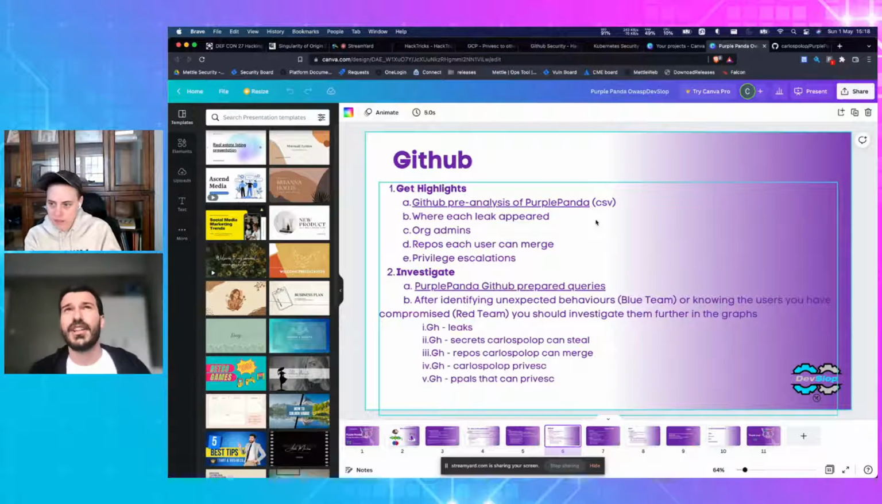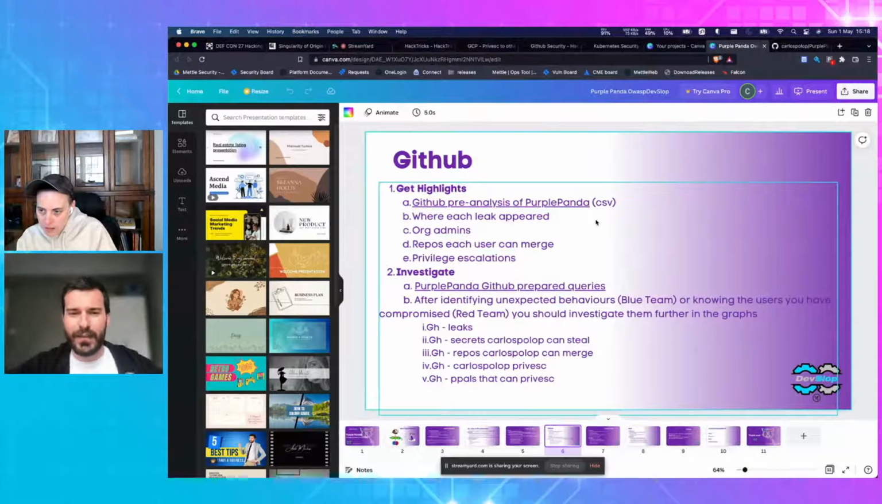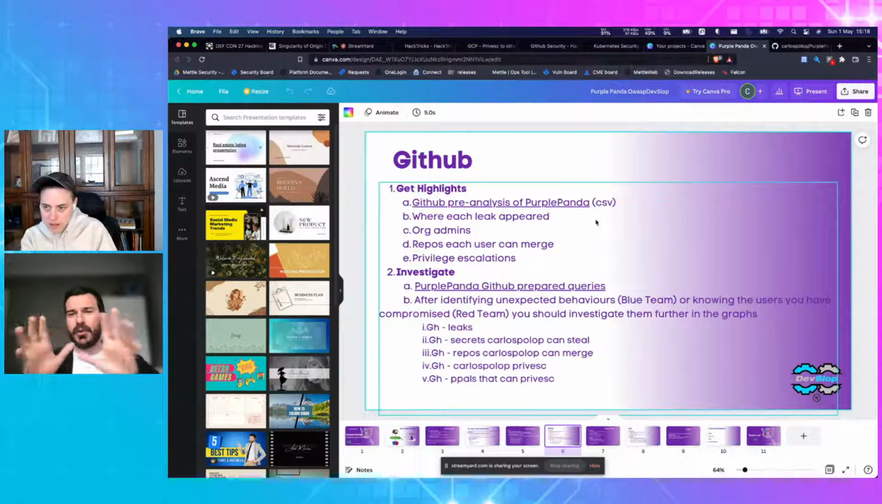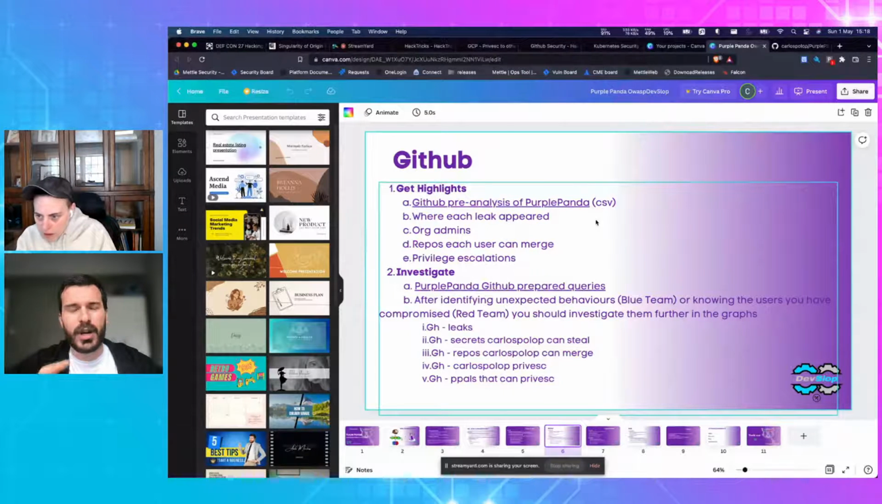As you may imagine, just one of these platforms is going to have a lot of information. If we just try to print everything inside a single view, we are not going to be able to find anything interesting. Or if you try to analyze each node one by one, it's going to take you a lot of time to find interesting things. So what PurplePanda does is